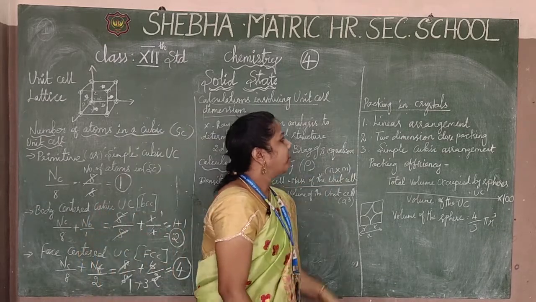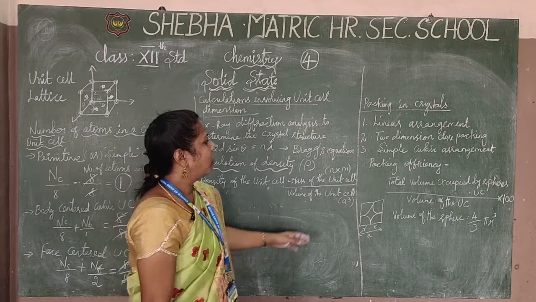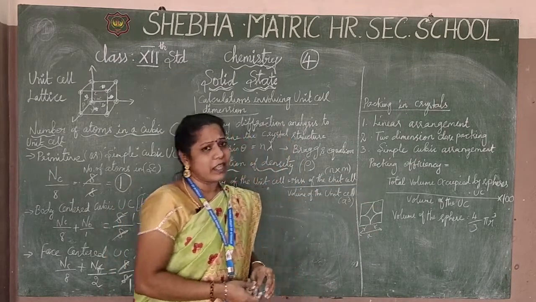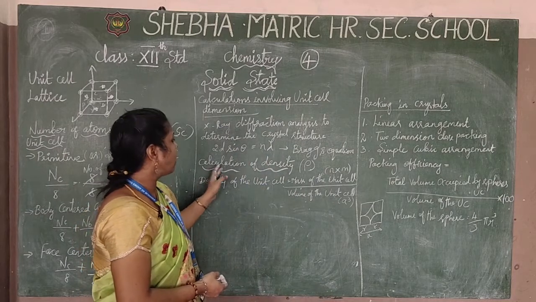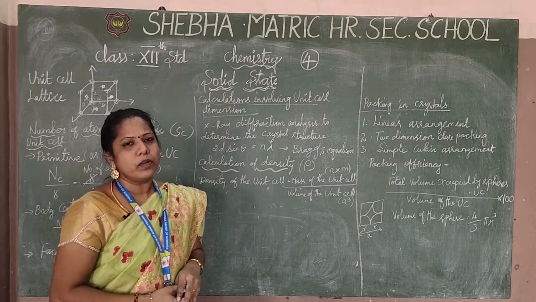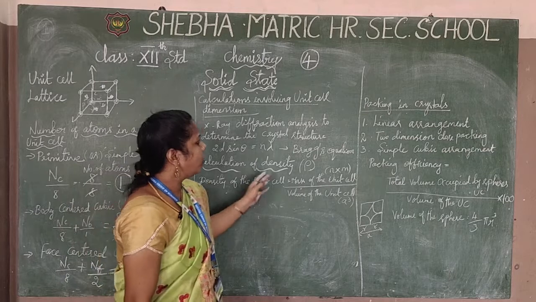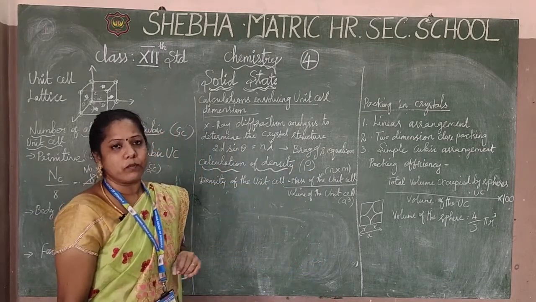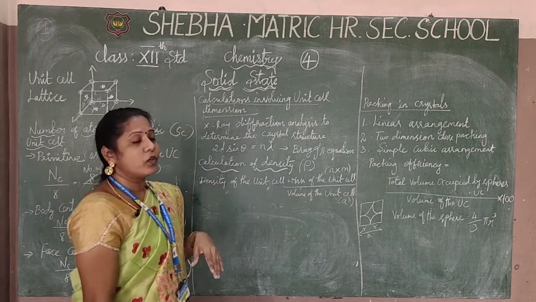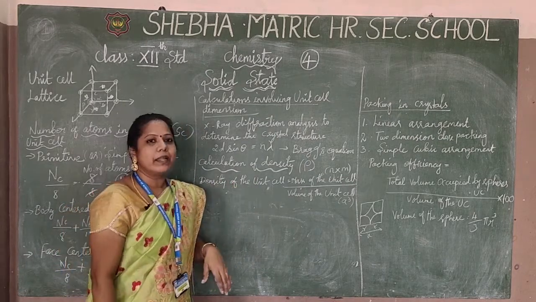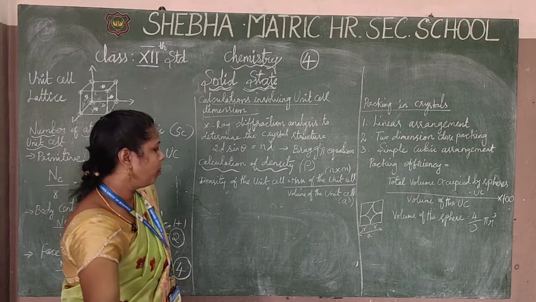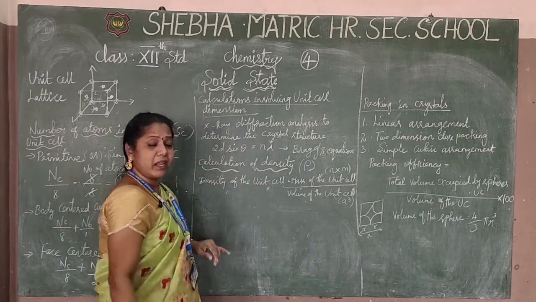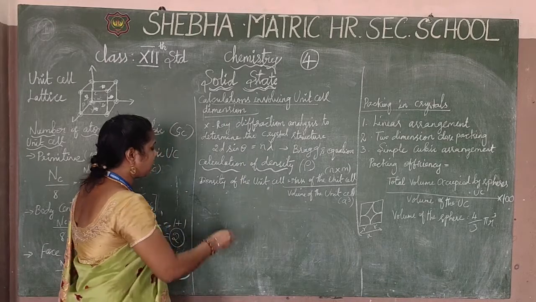And then go for packing in crystals. What does packing in crystals mean? Packing in crystals also has a good example, including the earlier calculation of density. Before going to packing in crystals, I am going to give an example, then only can you understand how to find the density of the unit cell. For example, I will take the barium element, that is, barium atoms.